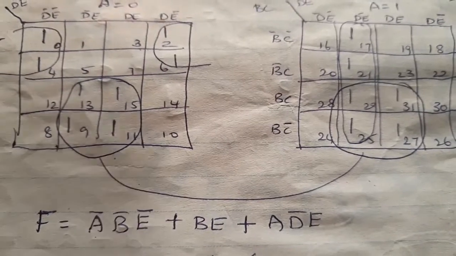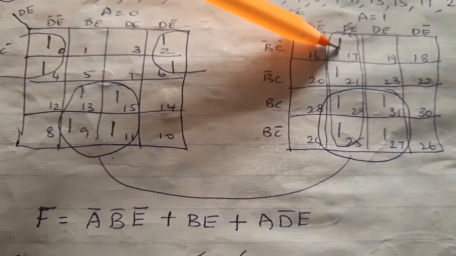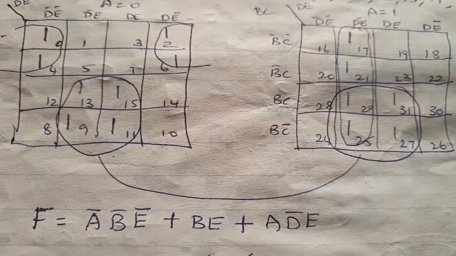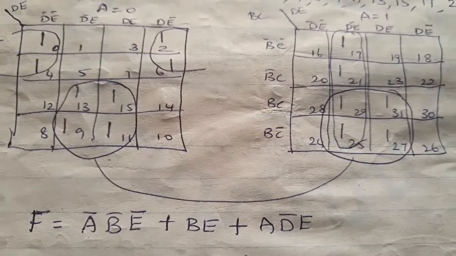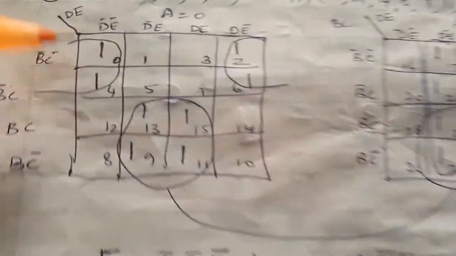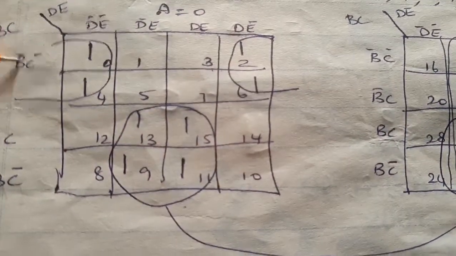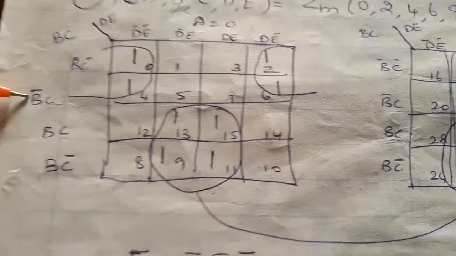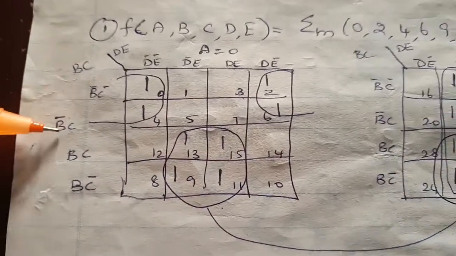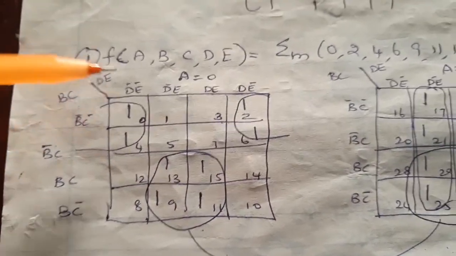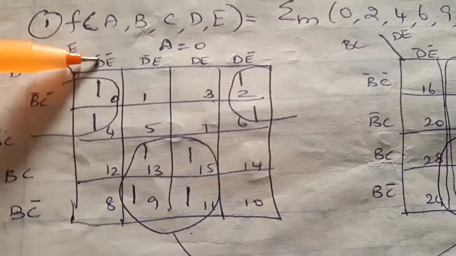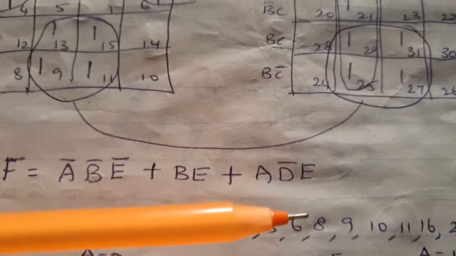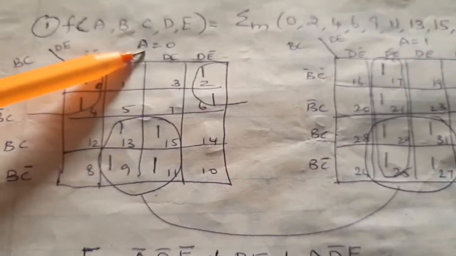You should have one quad column-wise. Two quads are combined together to form one octet. So you will have 3 equations in total. Write down this equation. You are folding, so what is common here? B bar is common. What is the term here? It is D bar, E bar. So write down the term A, B bar. Here it is in the function of A bar.